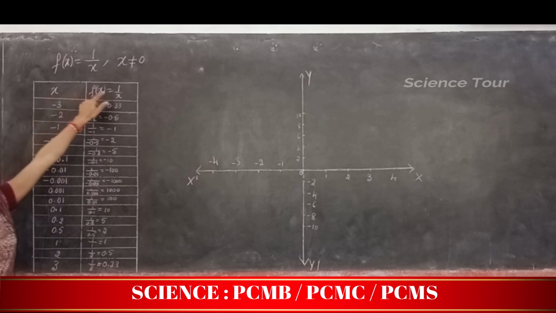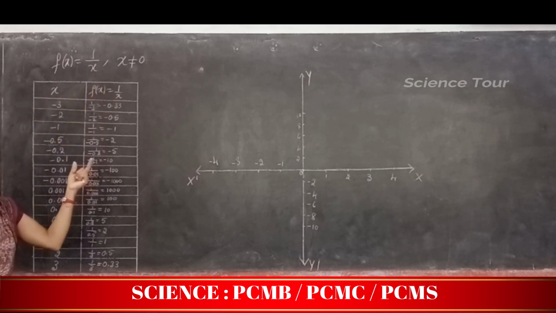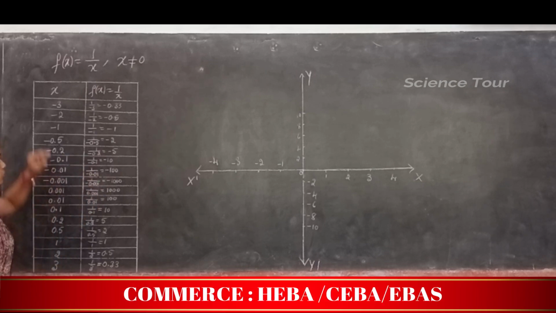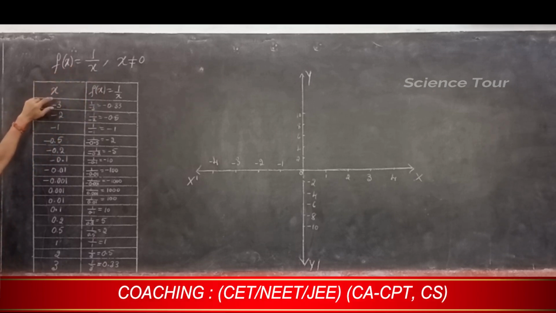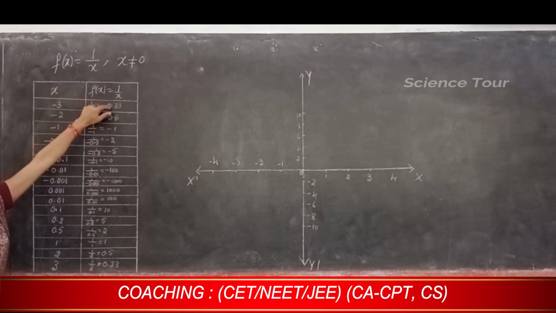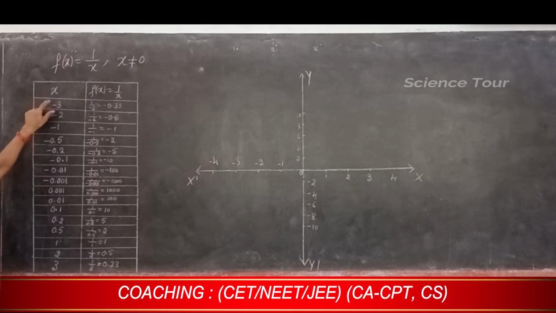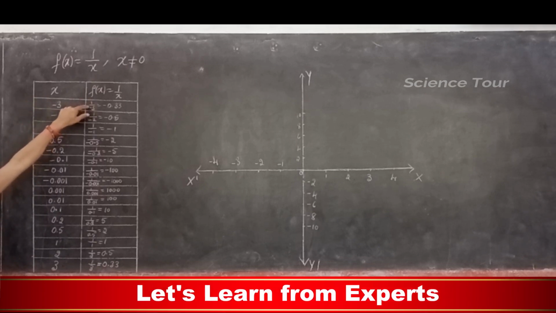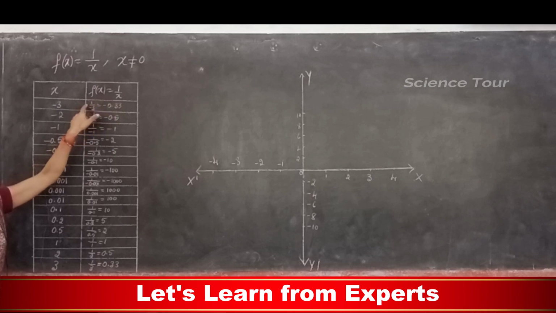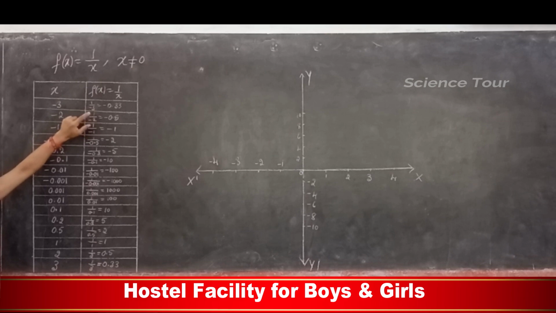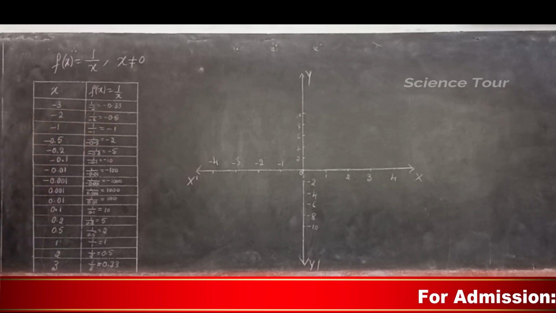The corresponding values of f of x I have already calculated. You can just calculate them in your calculator. To calculate the value of f of x using f of x equal to 1 by x, take 1 by that number, the reciprocal of that number, and write it in the f of x column. So 1 by minus 3: press 1 by 3 in a calculator and enter, and this is negative, minus 0.33. And 1 by 2 gives you 0.5, with the minus sign you have to write, because minus 2 is there. Calculate the other values like that also.